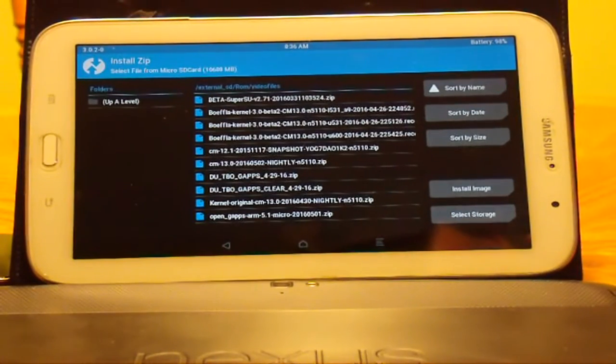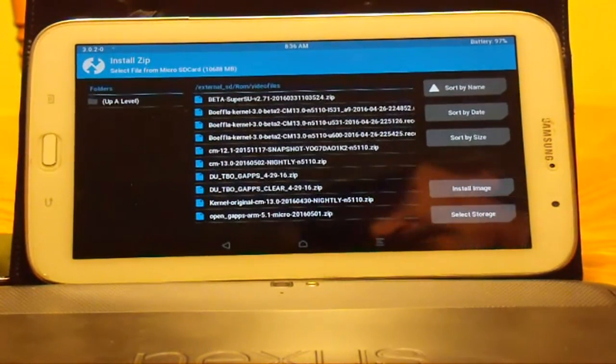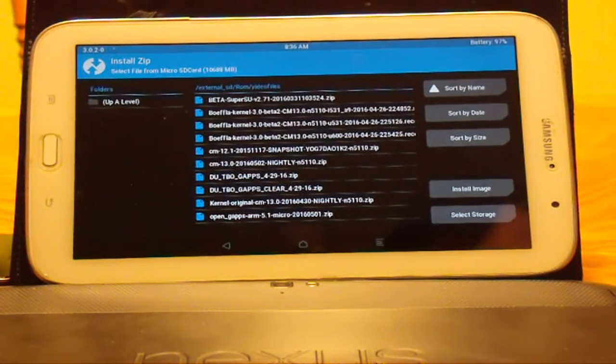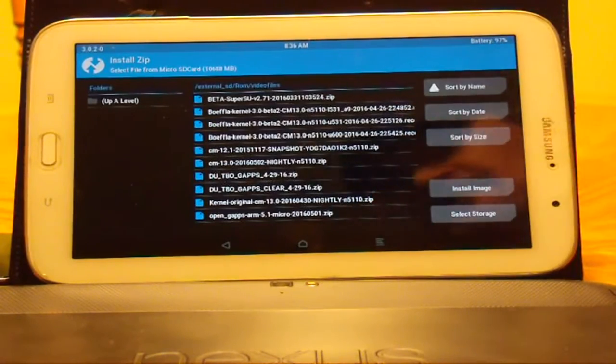Our next zip is going to be our G-apps. Now, what G-apps do you guys want to flash? I highly recommend any of the Open GApps. The Samsung tablet will accept anything, any kind of GApps, any size you throw at it. You can flash the biggest ones, the complete, what they call stock. You can throw the stock GApps at it if you want, and they're like 400 megabytes or bigger. But I recommend Open GApps, say the micro version or even the mini version. That way it's going to give you